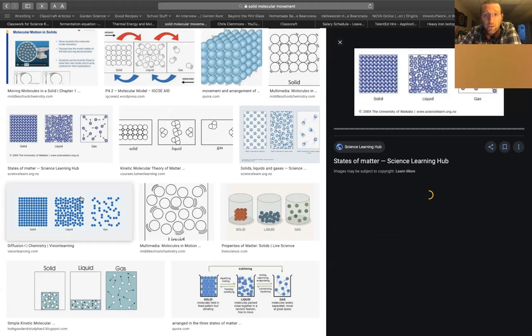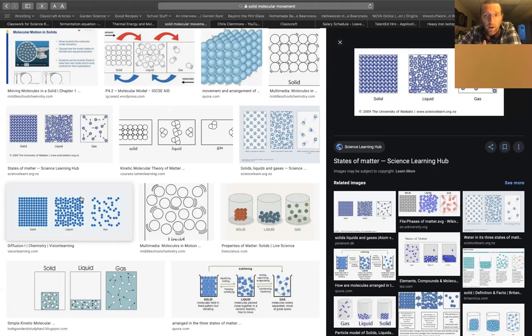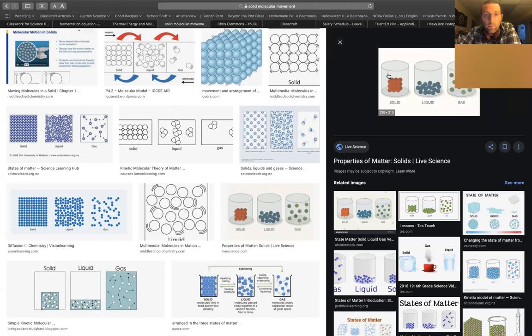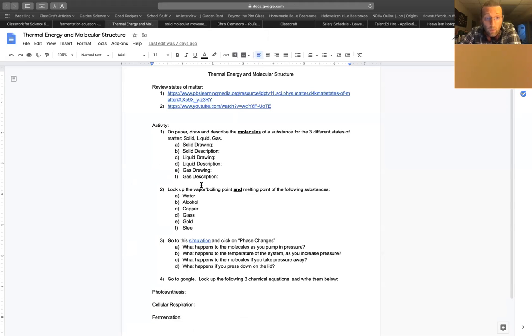These drawings are just as valid. I would argue, however, these don't make as much sense on surface level. So you kind of already have to know what a liquid is to understand what's going on in that drawing there. So again, that's why I like these drawings a little bit better, because now you have a container to put them in, and it shows how they behave in a container. So, all right, that's that example. So that was basically what I expected you to be able to do in 30 minutes on Monday. So that was number one. That's why it was a 3-day assignment.